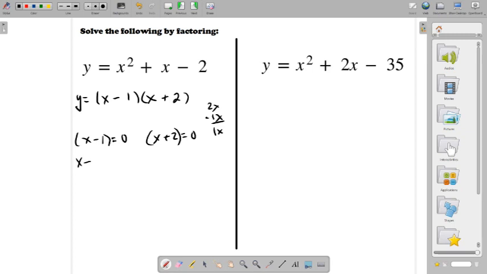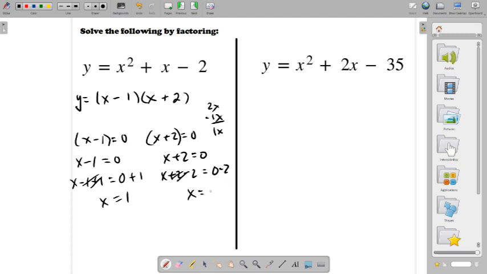And here, so this is really x minus 1 equals 0. If we add 1, x is 1. 1 minus 1 is 0. Here we get x plus 2 equals 0. Subtract 2. Subtract 2. X is negative 2. These are the roots or solution to this quadratic equation, which means that if we were